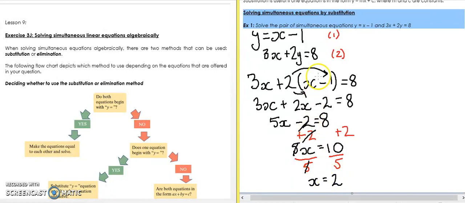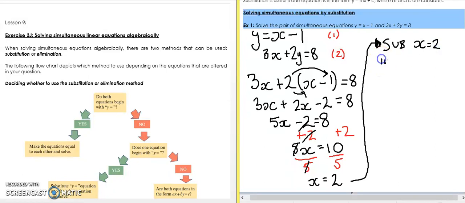Okay. Bit of a trickier process, or longer process in this case, but we have managed to get our x value, which is x is equal to 2. Now the second part to this is that we found x is equal to 2, but we also have to find the corresponding y value. And so all we're going to do is, with this answer x equals 2, and I'm just going to draw a line to indicate that this is the next part, we are going to substitute, I'm just going to write sub for short, we're going to substitute x equals 2 into